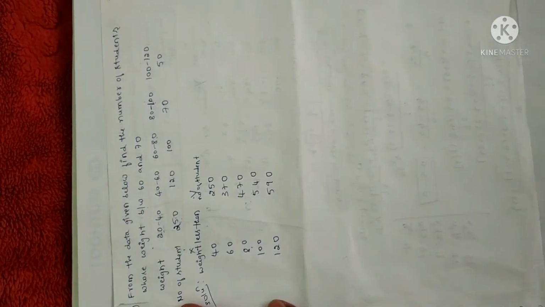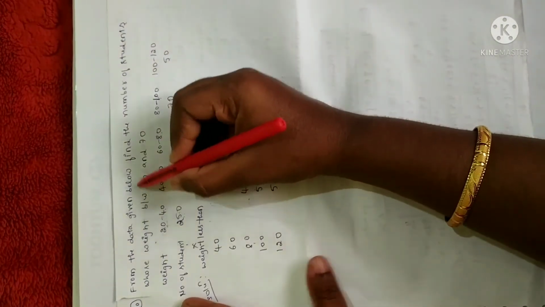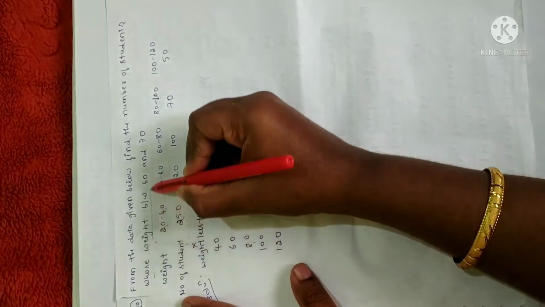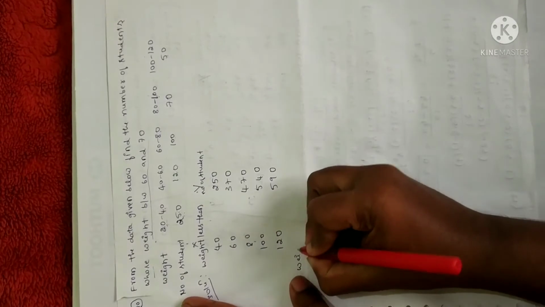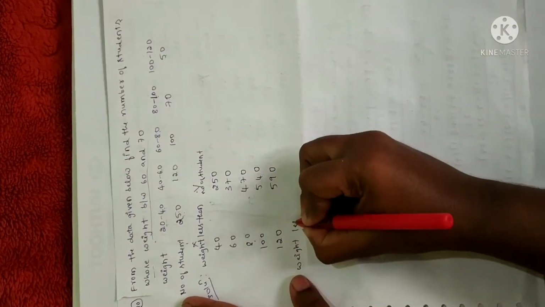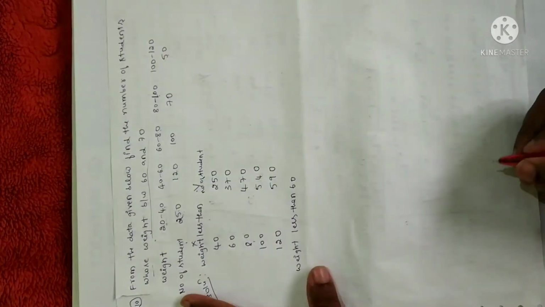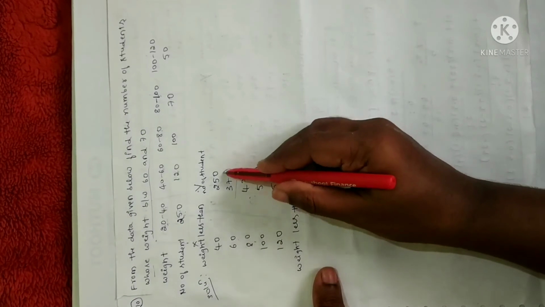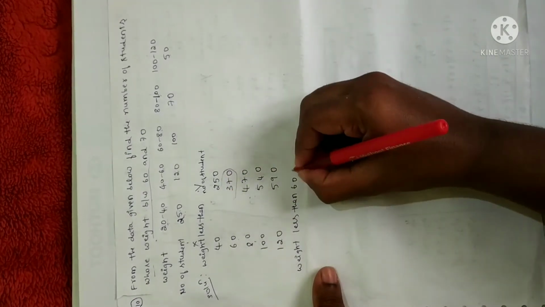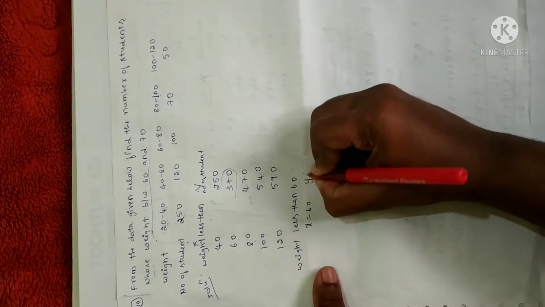Fine. Now we need to construct a forward difference table anyhow. Before that, let me find, see here, we have to find the number of students whose weight is in between 60 and 70. Right. So I'll just write weight less than 60 we have to find out. Why? Because we have constructed a less than table. See the table, do we have 60? Yeah, we have. So less than 60, how many students are there? 370. So at x is equal to 60, y value is 370.